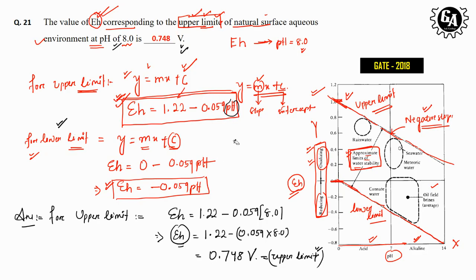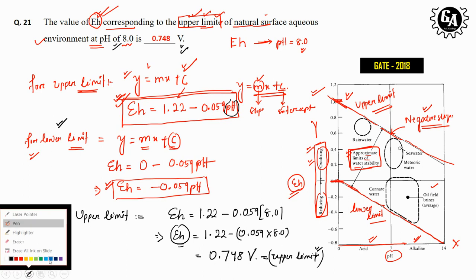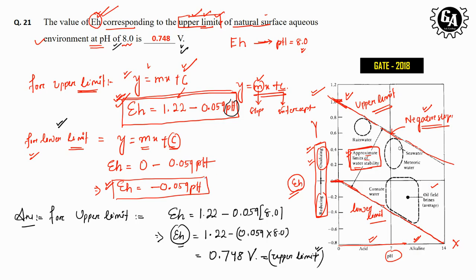For the lower limit, the formula will change a little bit, because for the lower limit we'll use EH is equal to minus 0.059 pH. So EH is equal to minus 0.059 times the pH, that is 8.0. Now just calculate: 0.059 times 8 is equal to 0.472, and this is minus